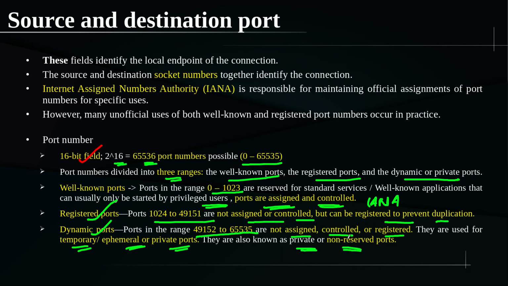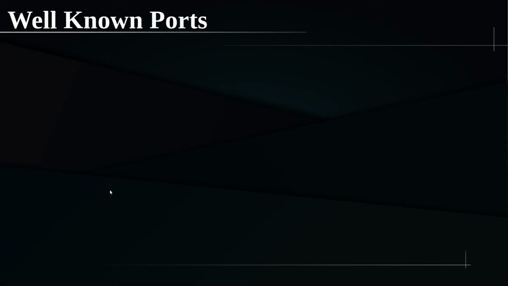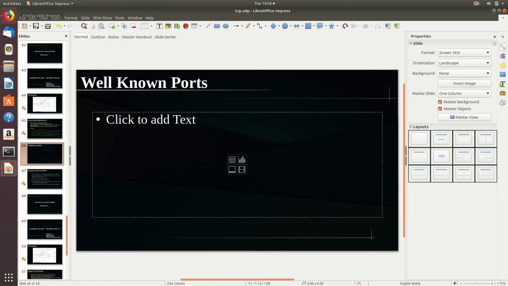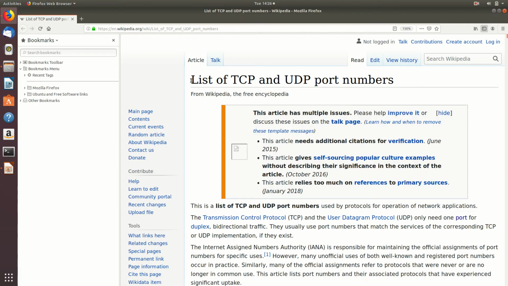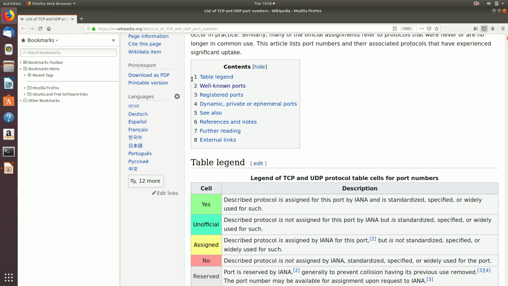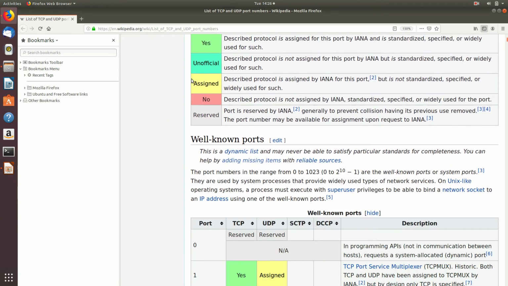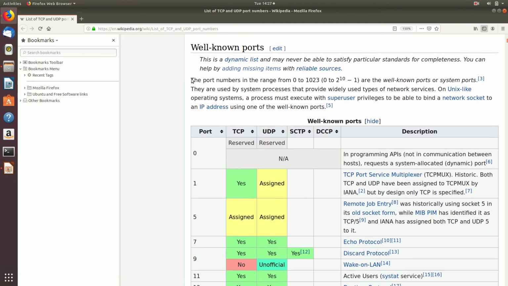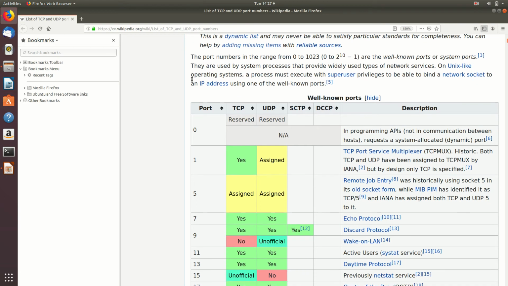Right? So that is about the classification, and it will be better if you know some of the well-known port numbers in your mind, because these numbers are popular. What I was thinking is I will show you how the list is available. Just google, and you will see the list of TCP and UDP port numbers. In this way you can google it and get the list of all that classification, where the details will be given, the well-known ports you could see.